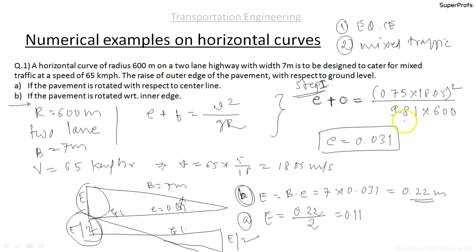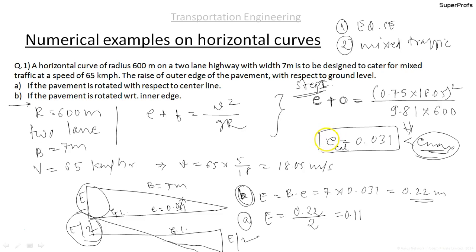You may consider writing the reason for stopping at step 1 itself. When you stop at step 1, that means you assume that the E calculated is less than the Emax that is permitted when we are trying to provide the equilibrium super elevation. Here we don't have the Emax value, so we have assumed that the E calculated is less than Emax, since the maximum super elevation value is not given, and also the terrain type is not given.